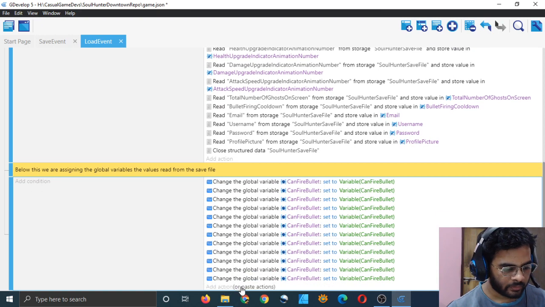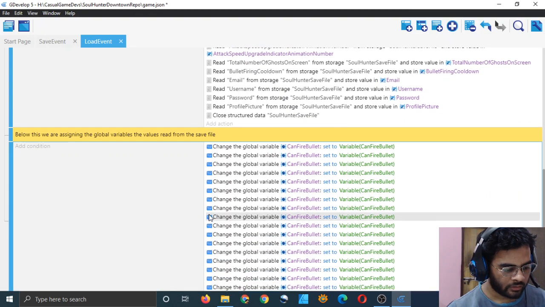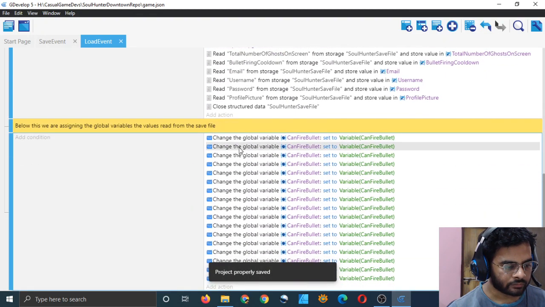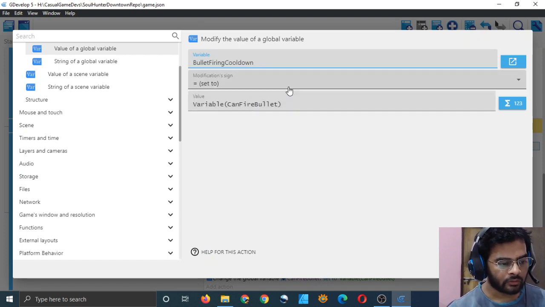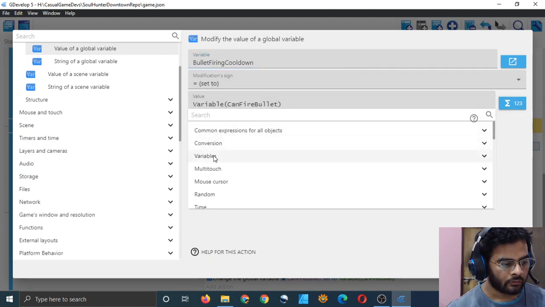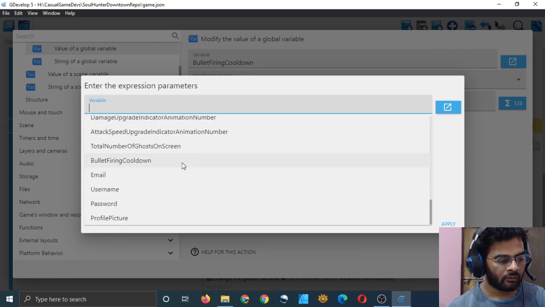So just paste this many times as you may need, and let it be this much for now. And now double click. After can fire bullet, we have bullet firing cooldown is equal to variables, scene variable. Okay, this is bullet firing cooldown, but here our variables are, I think, a little bit out of order.